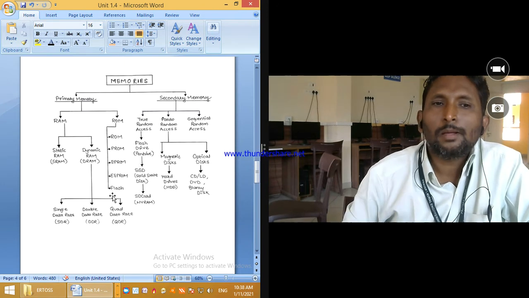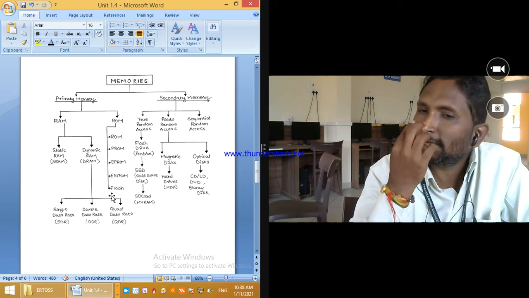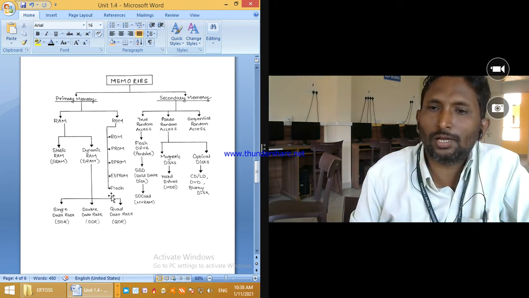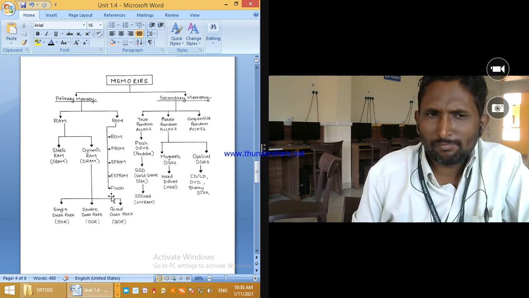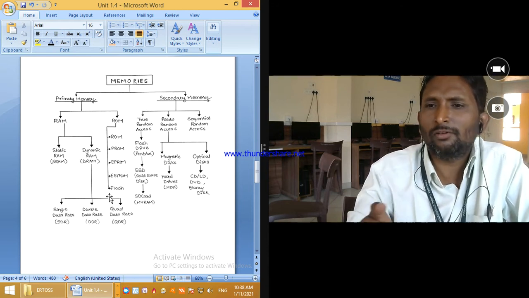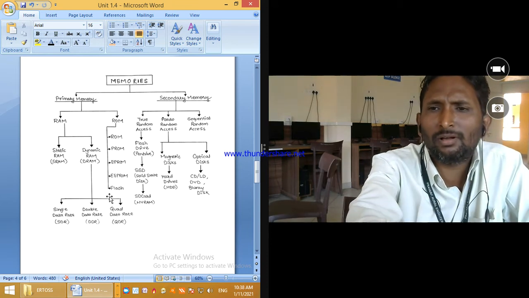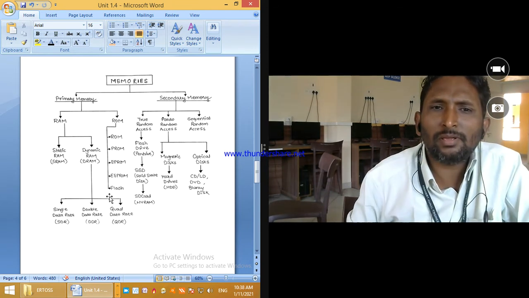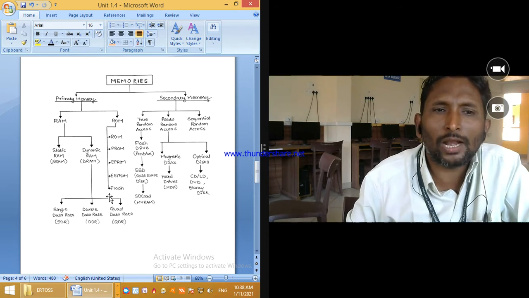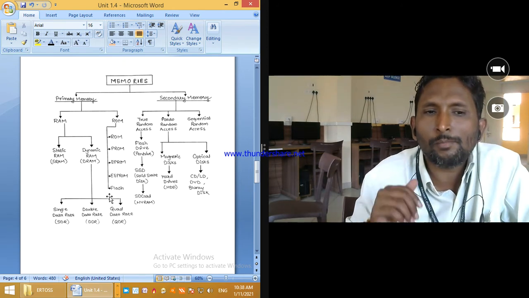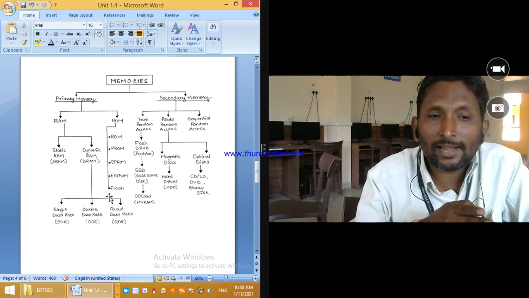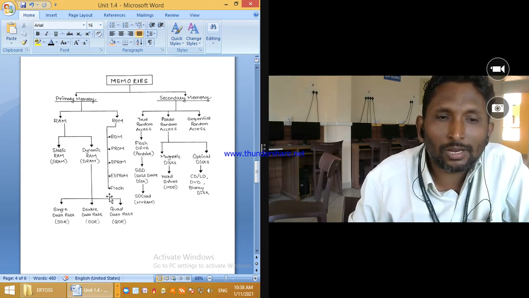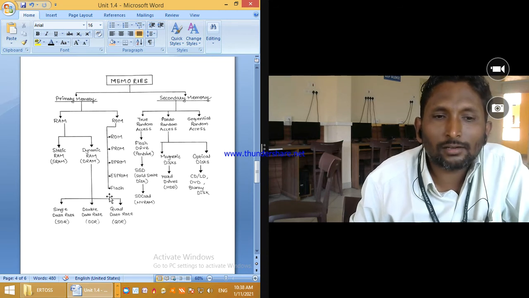Next, memories. If you are able to see the picture of this memory system, memory is divided into primary memory and secondary memory, which you all know. I am going to read it very fast. Primary memory is again divided into RAM and ROM. RAM is divided into static RAM and dynamic RAM. ROM is divided into ROM, PROM, EPROM, EEPROM, then flash. Dynamic RAM is again divided into single data rate SDR, double data rate DDR, and quad data rate QDR.